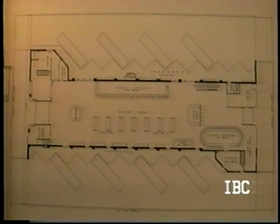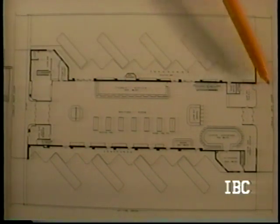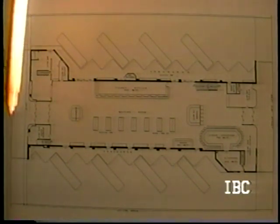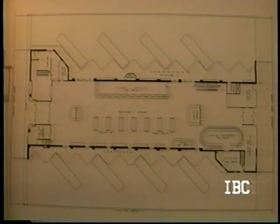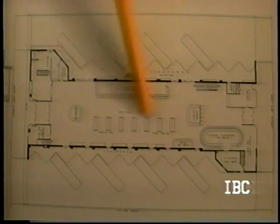Now, you came in from 50th Street through this set of doors. This is 51st Street over here. They had these beautiful curved arch glass panels here. If anything ever happened to them, I don't know what Greyhound would have ever done to replace them. You came in here, there was an information counter, ticket booths, a waiting area,